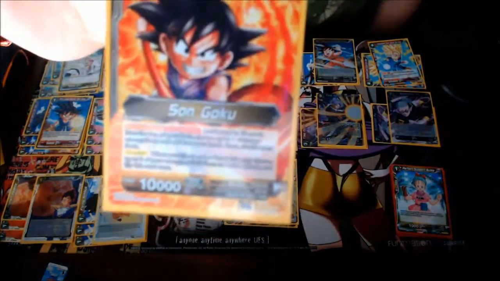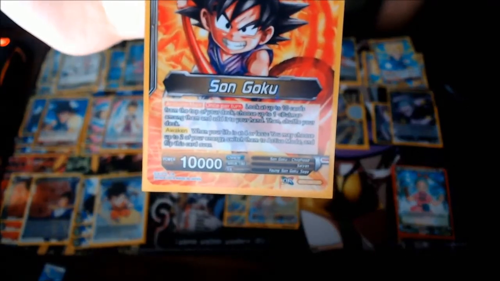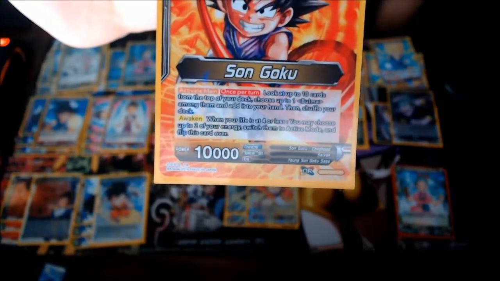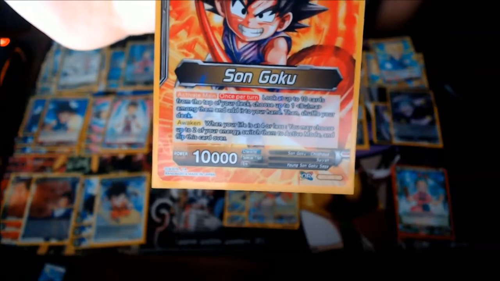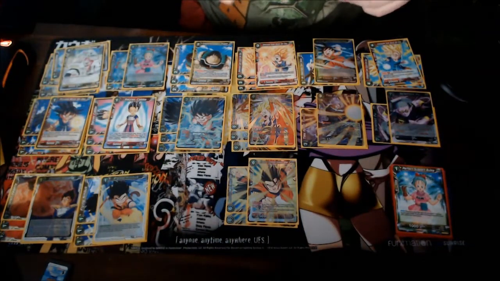we've got Son Goku, our leader, and what he does is he looks up the top 10 cards of the deck and he chooses one Bulma, and you get to add it to your hand. And then when you awaken with 4 or less, you get to switch 2 of your energy to active mode. And then when he is awakened,